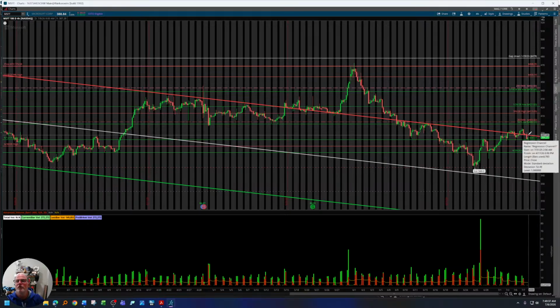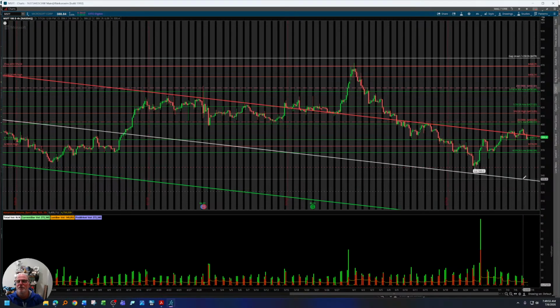So in order for Microsoft to move higher, 387.28, got to get above that, and then you can push into that 400 level. If you lose 381.90, 374.39 is my next line of defense here. And below that is 366.64. And if you lose 366.64, you come back down and test this 350 level again.